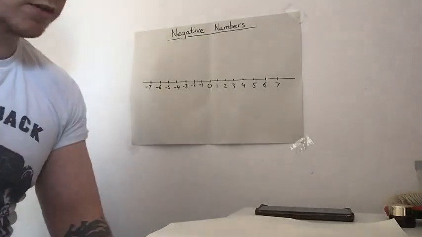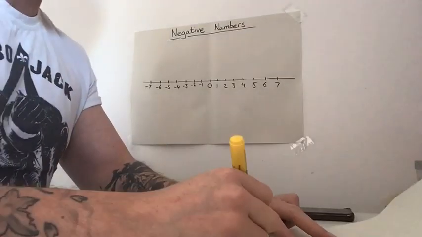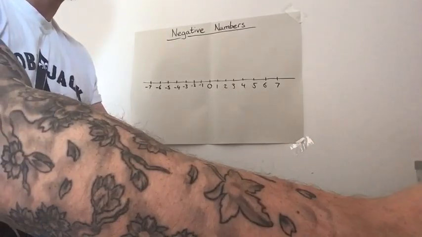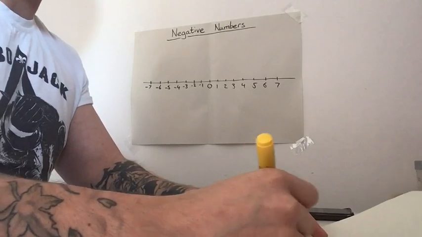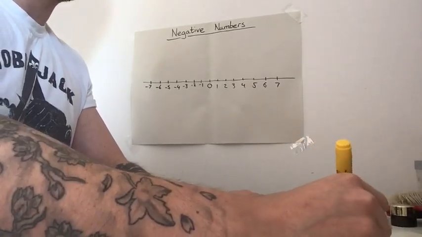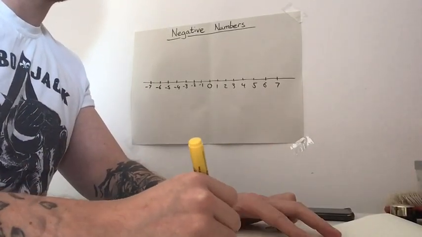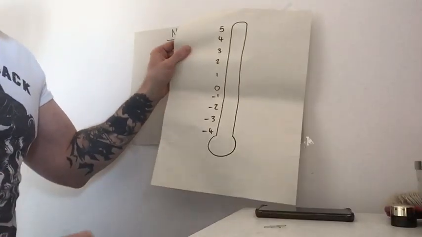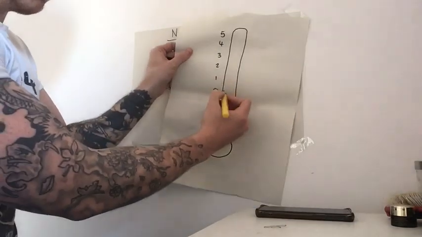Because on a thermometer, you've got your temperature. I'm going to draw a very quick thermometer. Okay, and we've got 0, 1, 2, 3, 4, 5, -1, -2, -4. On our thermometer, we've got 0 in the middle. So if it was here,